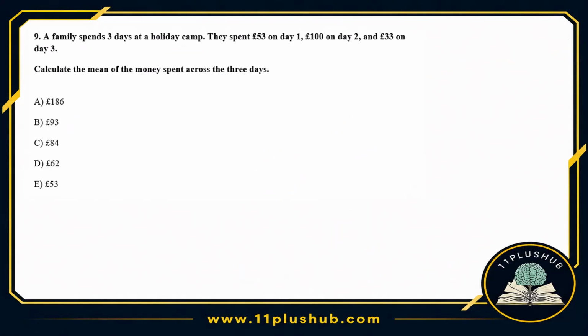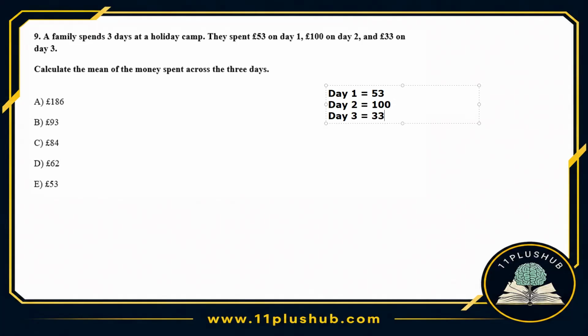All right, so let's make this a bit easier for ourselves by only writing down the important information. It's not that important that they were on holiday, is it? What's important is the data, okay? So day 1, £53 was spent. Day 2, £100 was spent. And day 3,